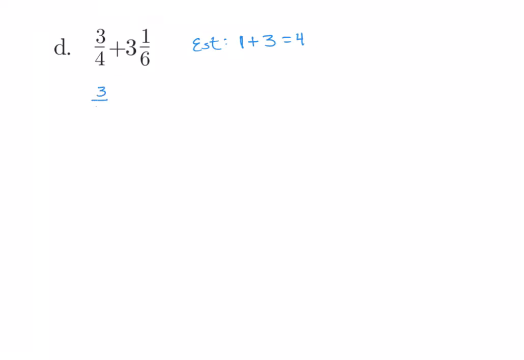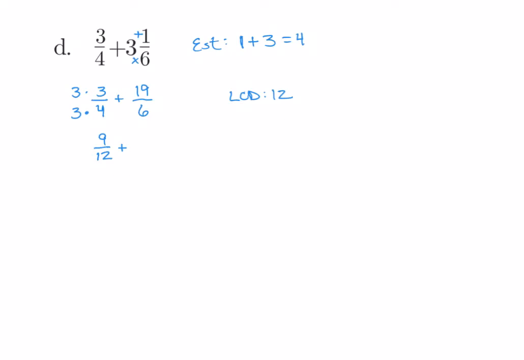3/4, since there's no whole number, it will just stay the same. 6 times 3 is 18, plus 1 is 19 over 6. All right, let's do LCD. The smallest number divisible by 4 and 6 is 12. So to get from 4 to 12, we want to multiply by 3. We're going to do the same thing to the top, so we get 9 over 12